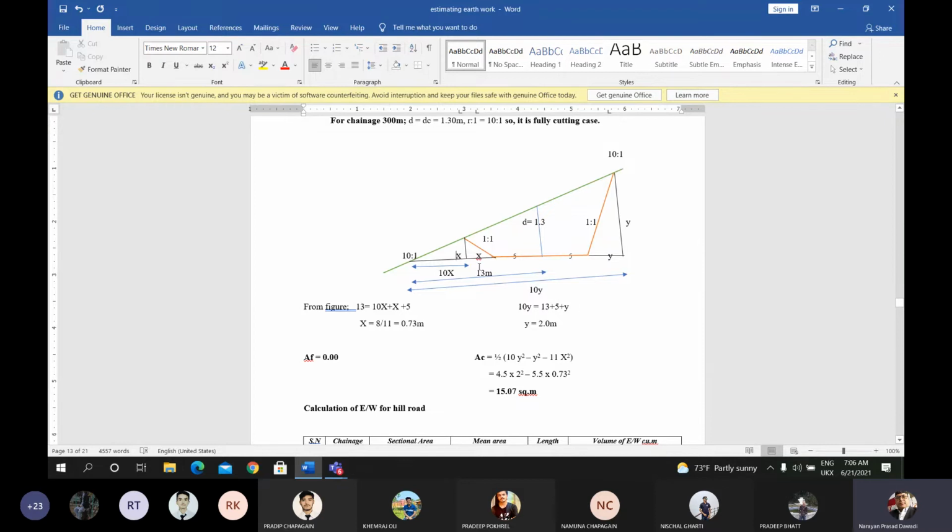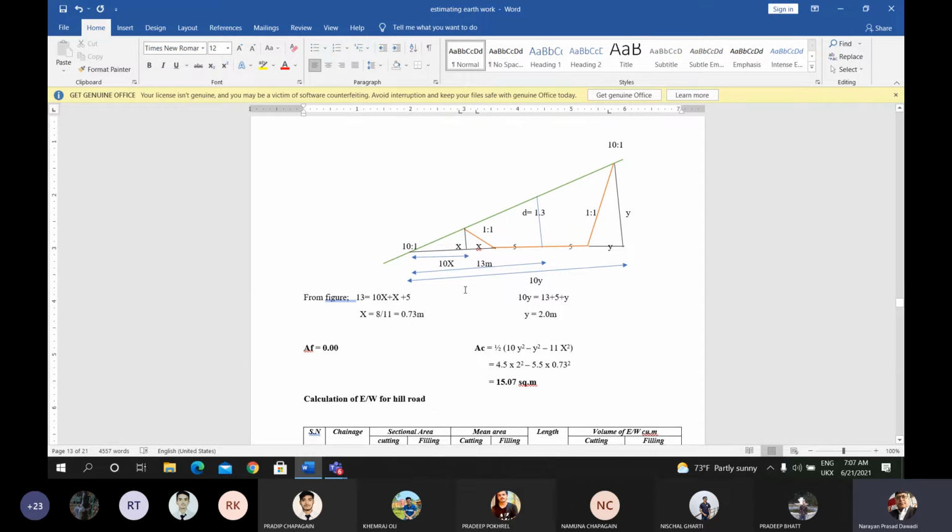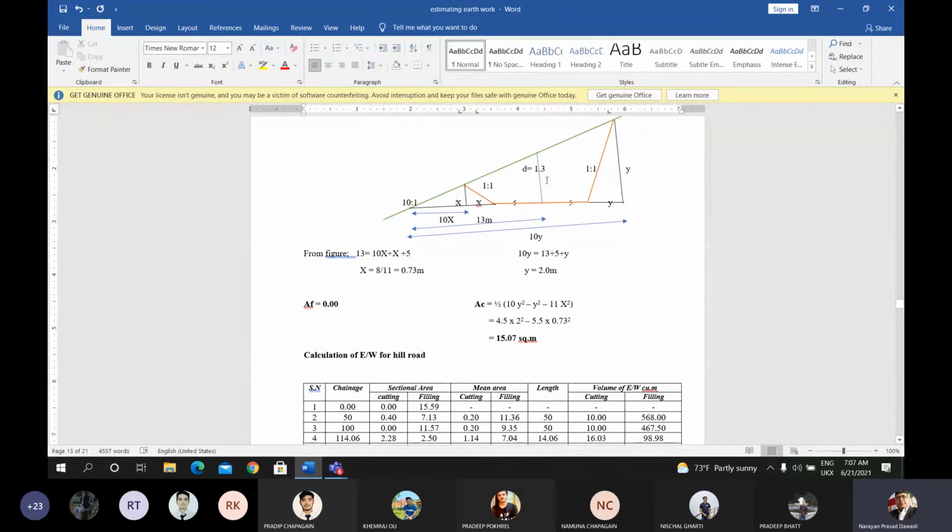And for the 10y, this distance will be 13 plus 5 plus y. 13 plus 5 plus y, up to center line 13 meter, and center to this slope portion 5 meter, and the remaining portion is y meter. That's why 10y is equal to 13 plus 5 plus y, y is equal to 2 meter, and the x is equal to 0.73 meter. The area of this cutting portion will be a bigger triangle minus two small triangles,